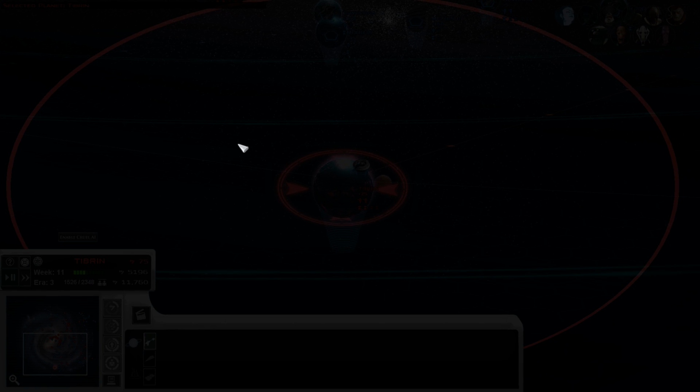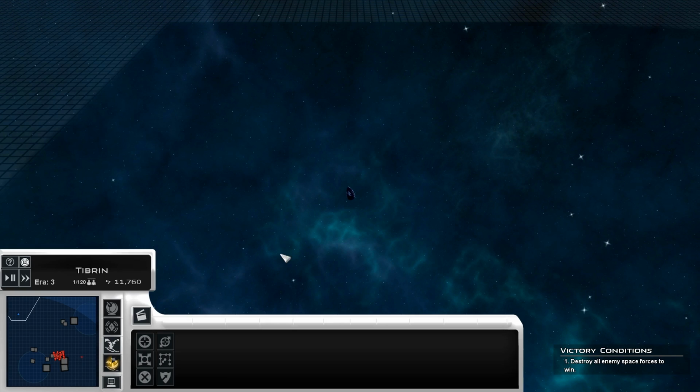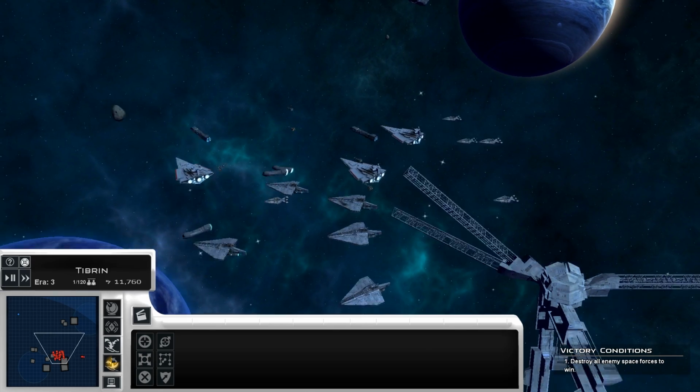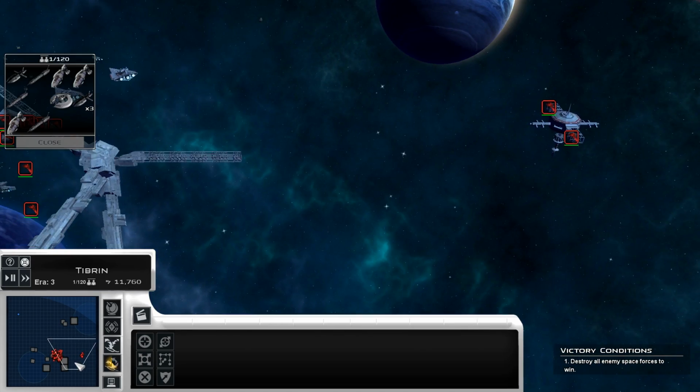Do they have any Venators, though, yet? It's possible the VSDs were starting forces. The enemy is approaching. Diamond, like I said last episode, doesn't have its texture yet. Let's see. Okay, this is a lot, but...